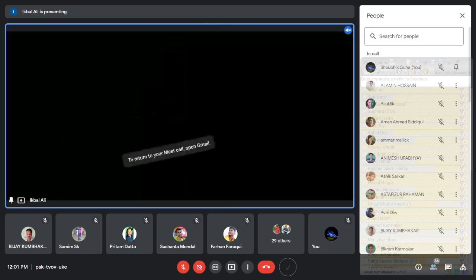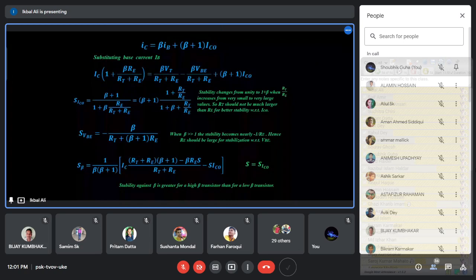In summary, we can say that biasing of the transistor means to make the transistor go into the operating condition. That means to drive some currents to the transistor leads, as well as to set some DC voltages across the base emitter forward biasing or base collector reverse biasing. So set some DC voltages and currents such that the transistor goes into the operating condition, entirely DC. So you are giving the transistor some DC energies.